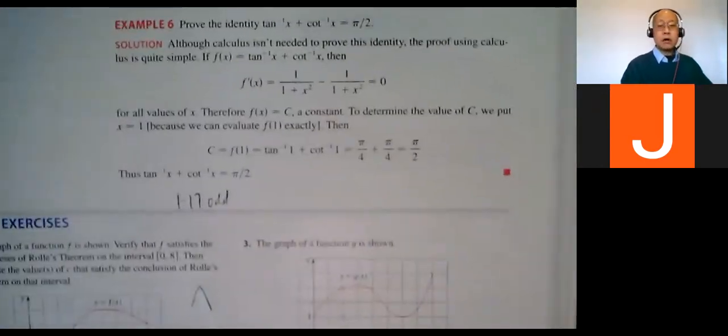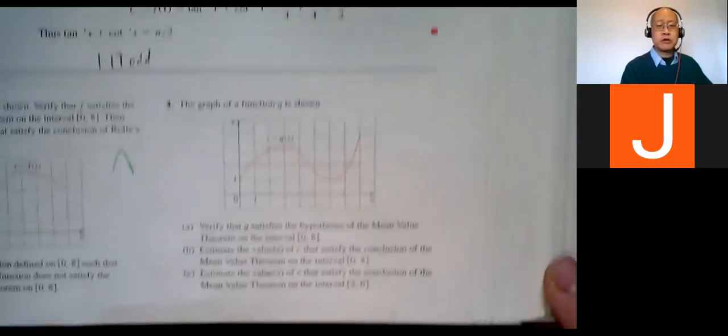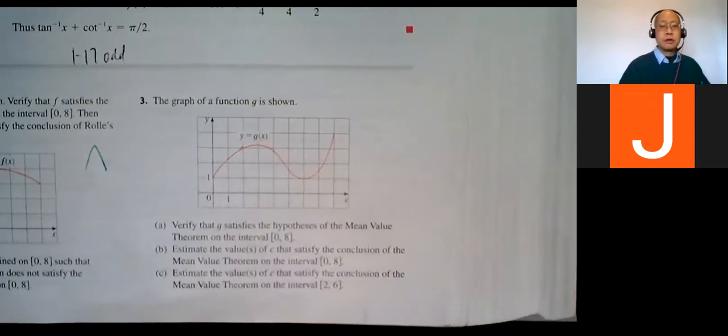All right, so problem 3. Okay, I'm not sure how focused this is, but I can't lift up the book here and show you stuff at the same time. All right, so